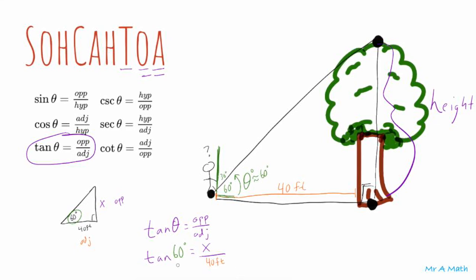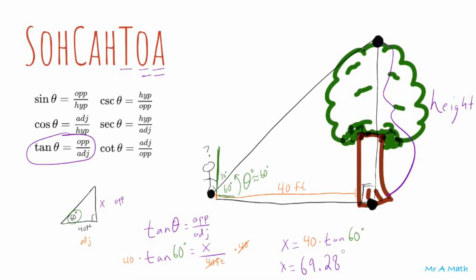And so now we can go ahead and solve for x. What I need to do is multiply both sides by 40 to cancel out 40. And when I multiply both sides by 40, I am left with an equation like this. It says x equals 40 times tangent of 60 degrees. And so now I can just take out my calculator, and if I type in 40 times tangent of 60 degrees, I get an answer of